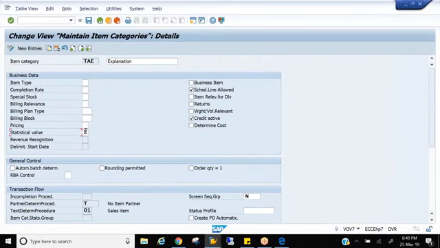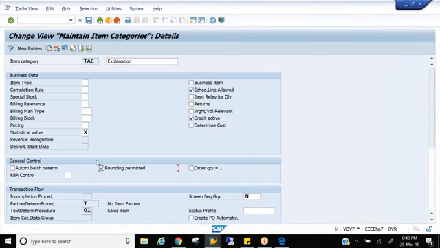Right? So that is the statistical value. Order quantity is equal to 1. You'll also see this on Amazon, Flipkart, when any new product is launched. For one order, only one quantity you can order, not more than that. If the material is something like that, you can just activate this order quantity is equal to 1.